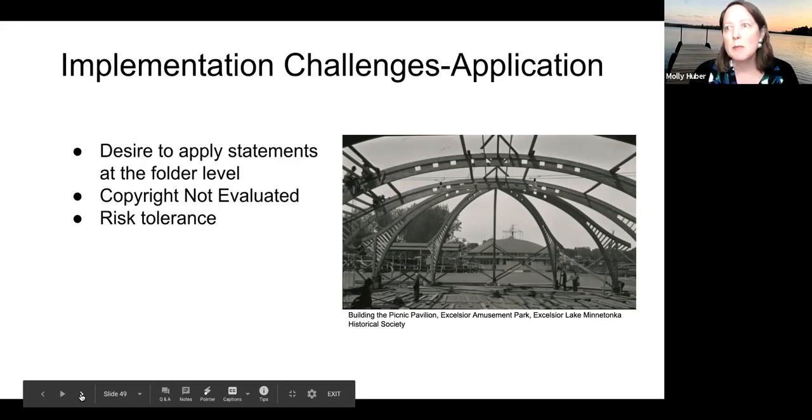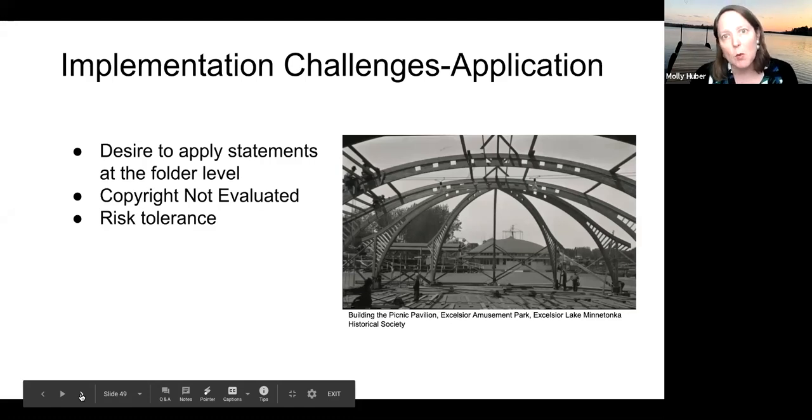Also, connected to my first point about the folder level, sometimes there's a desire to say, well, I don't have time, and I need to do a standardized rights statement of some sort. I'm just going to throw "copyright not evaluated" at everything, and I'll circle back later. Well, that's kind of a fallacy too. It may seem like an easy solution, but it's not as straightforward as it seems, and it's better to just take the time and try to get your rights statements right the first time, rather than throwing a label on it and then trying to circle back when you think you're going to have more time in the future.